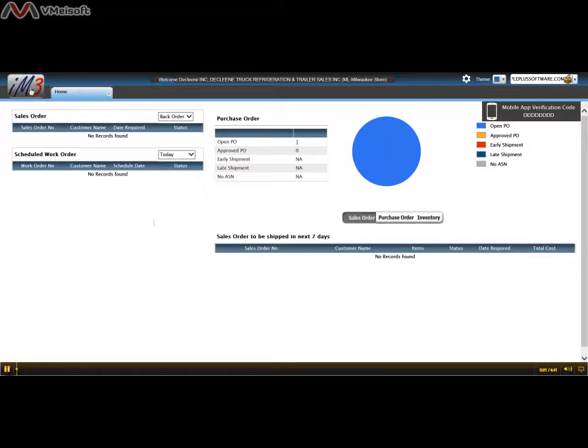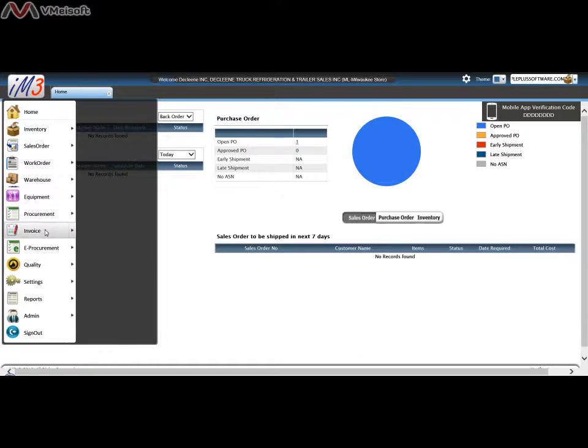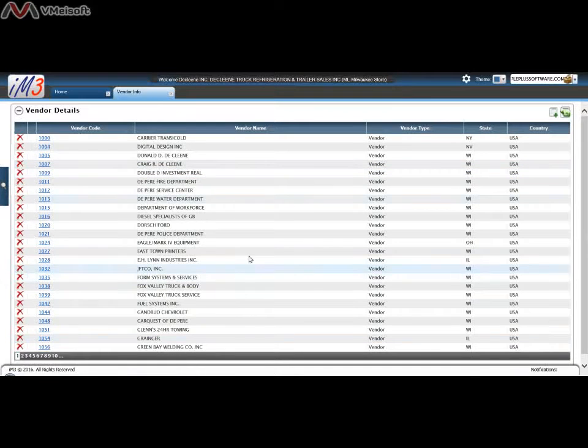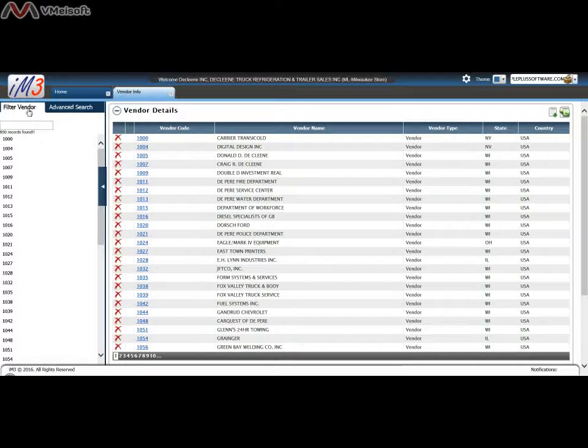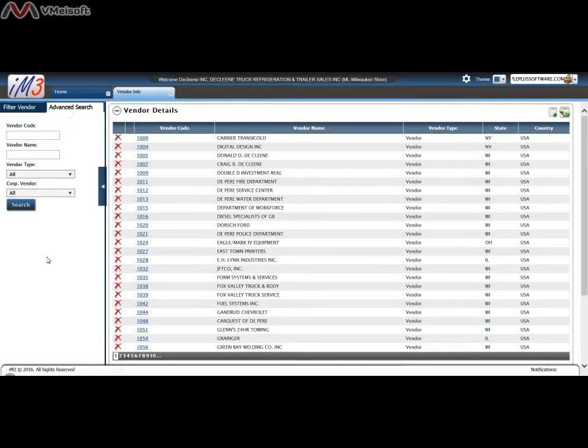Today we'll go over how to create a new vendor in IM3. To do so, we click on IM3, we select Procurement, and then Vendor Info. We'll be prompted with this grid. You can search for existing vendors by using the filter, or you can use advanced search features to search for